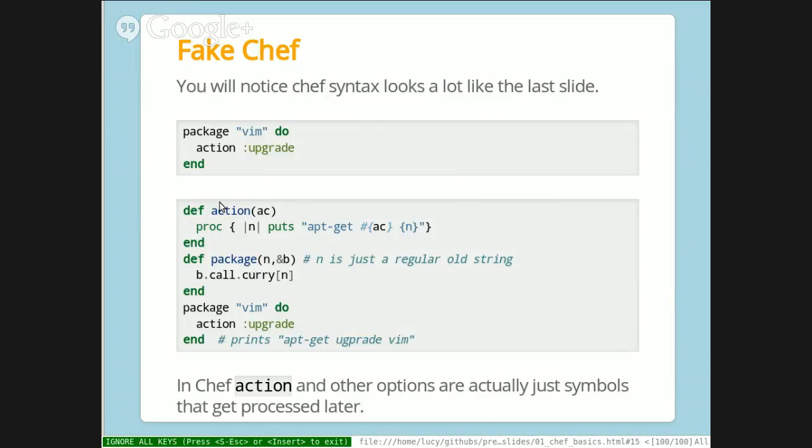So the puts apt get is saying print apt get. And then I'm guessing that this is a variable that was passed to the function, passed to the package that you want it to install. So this is kind of a manual way of saying, I'm going to install something and I'm not going to tell you what it is yet, but hold on a sec. I don't know exactly what this is doing. And then this is saying, do that. I'm not sure why Jordan is doing this, because I think he's going out of his way to say that Ruby can be complicated. But essentially, what you're doing is you're taking